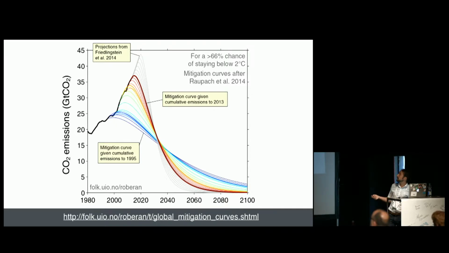So this blue line here from the 90s shows the kind of gentle progression that we would have had before. But because of our inaction, we've got this red line now, and as you can see, the further we wait, the more aggressive we need to drop our emissions. So we've established now that we can change our economies, and we need to do a lot, and we need to do it fast. So where do we actually start?